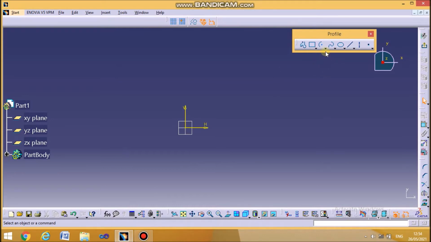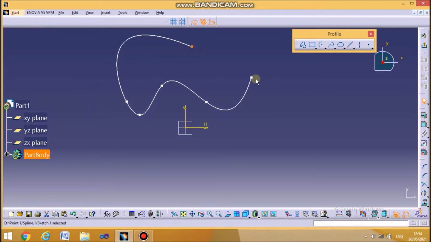In the last class, we have learnt about circle and different types of circles. Now, the next is spline. Spline is a curved line where you can draw it continuously. If you want to change this spline, you just click on it. These are called the nodes. You can hold the node and then you can change the curve from one point to another point.